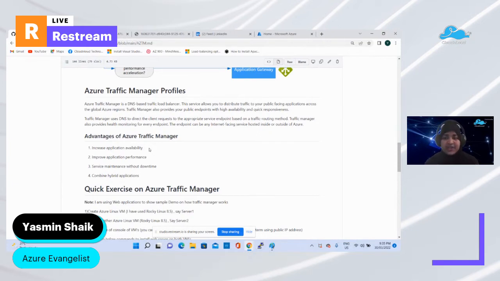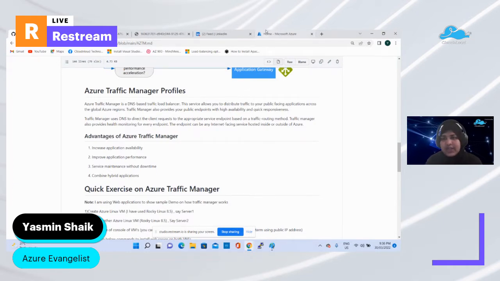Before starting with Azure Traffic Manager, let me tell you the main point about it. Azure Traffic Manager distributes the load among the different resources using their DNS. This is a DNS-based traffic load balancer, which uses the DNS of the endpoints, and it will distribute the load across those endpoints based on the DNS you have provided for them. We will see this in detail now with the hands-on, so you can better understand.